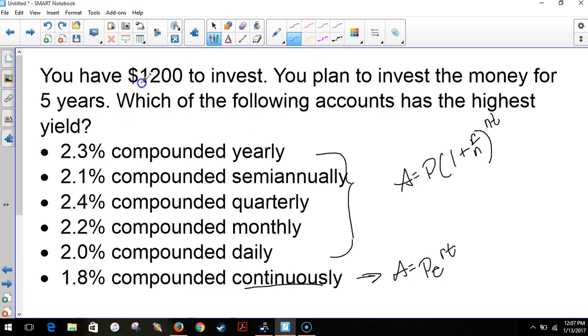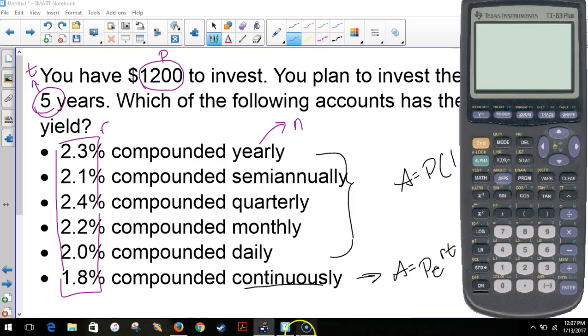I have a principal of 1,200, so that's P. These will be all of my different R's that I'll need to change to decimals. This is where my N is coming from, and I am talking about T being 5 years, so at least I don't have to worry about a portion of a year or a fraction or a decimal of a year. And I'm going to bring up my calculator, and I'm going to start to type all of this in. So my first one, I have 1,200 times